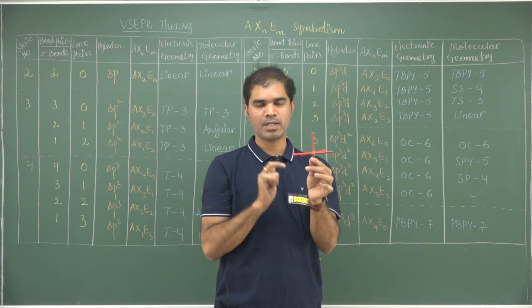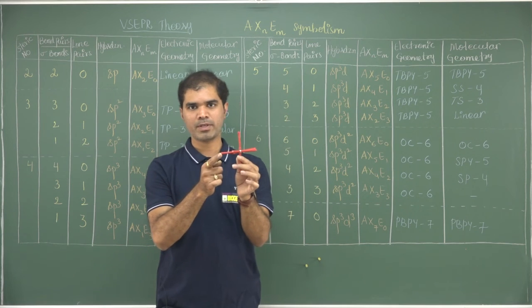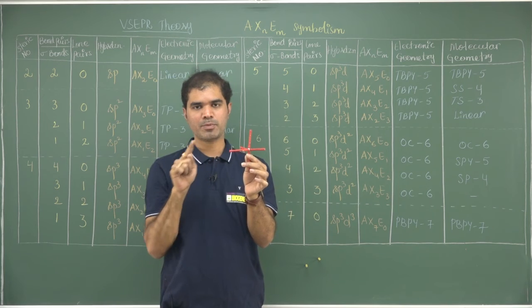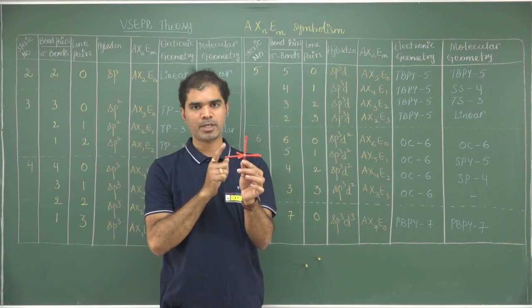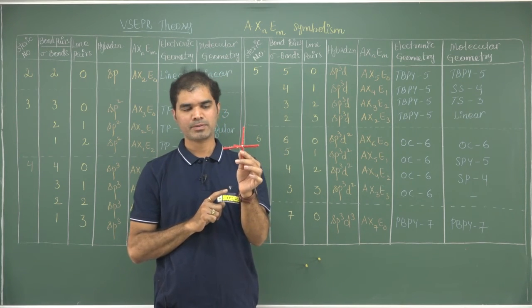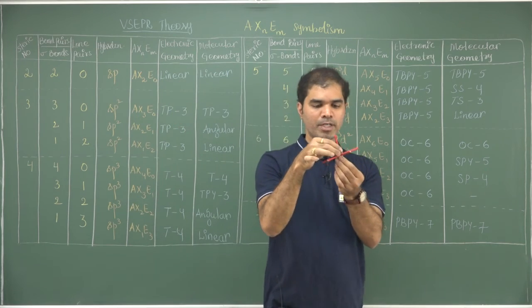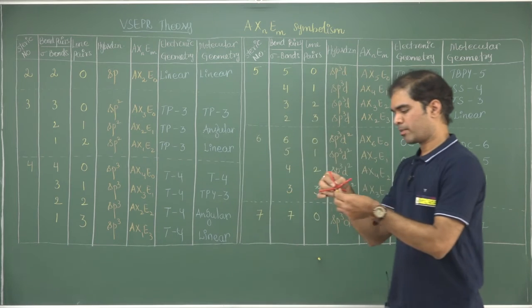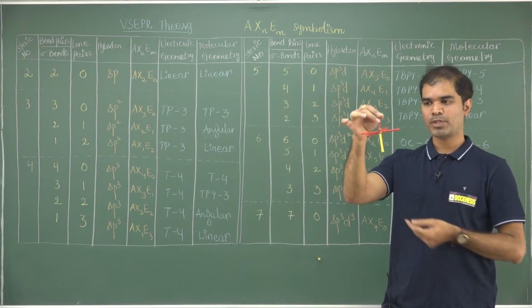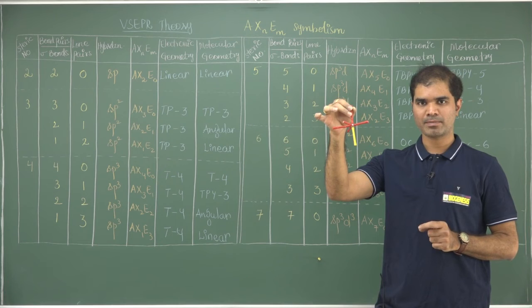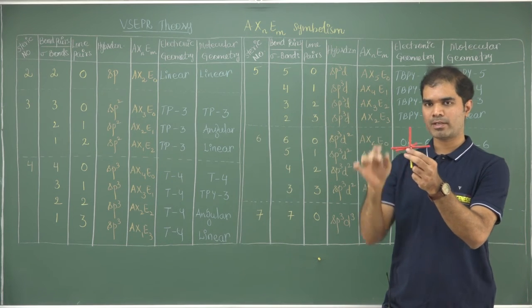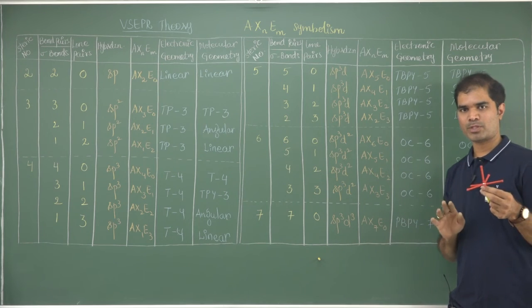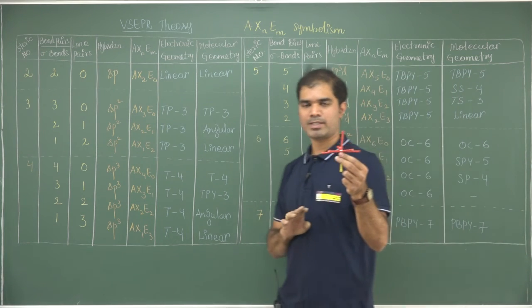So if there is any lone pair, that lone pair will not take up an equatorial position. It will take up the axial position. That is the difference between a trigonal bipyramidal and a pentagonal bipyramidal molecule. Next, suppose there is one lone pair, that lone pair would occupy this position and that would give you a pentagonal monopyramidal. But such molecules are very rare, therefore we usually don't discuss them.